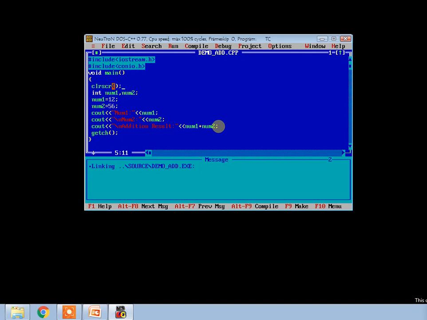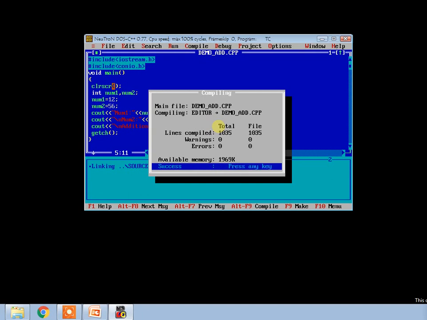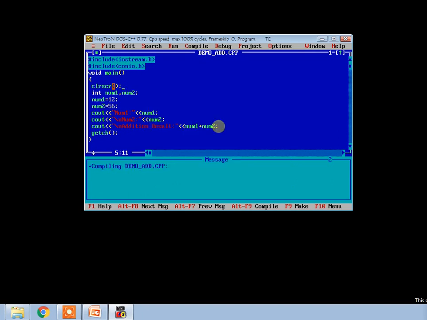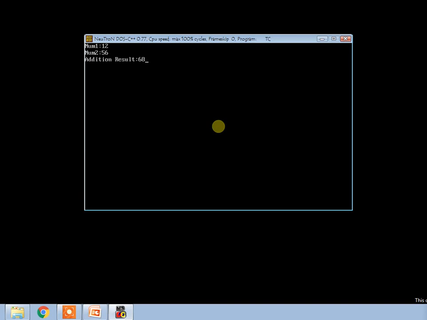It will just clear the screen before putting your output on the screen. So again I am compiling the program. Alt F9 I am using, error free. Control F9 for running the program.